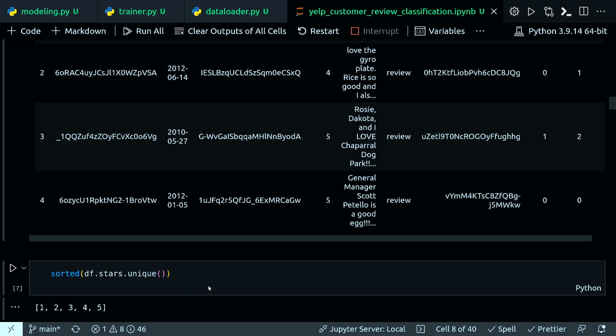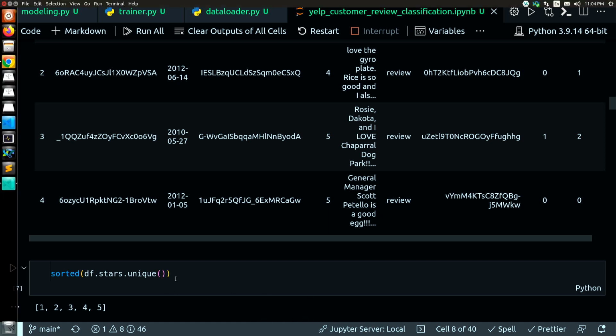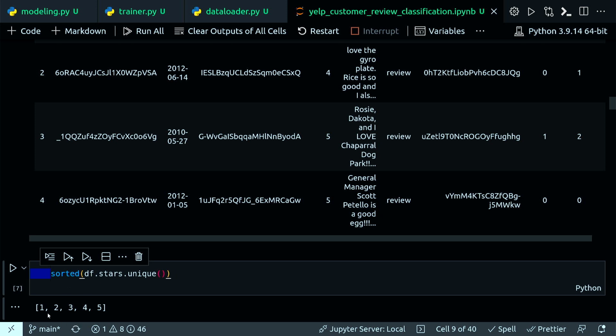That's the unique values I get from the stars given by the customers. Now there's one quick problem here. When I started modeling the project with these values, these are my class values actually, I got an error during the modeling part and during the loss calculation, which said something like CUDA runtime error, device side assert triggered. And after doing some research in Stack Overflow, I got to know that that device side assert